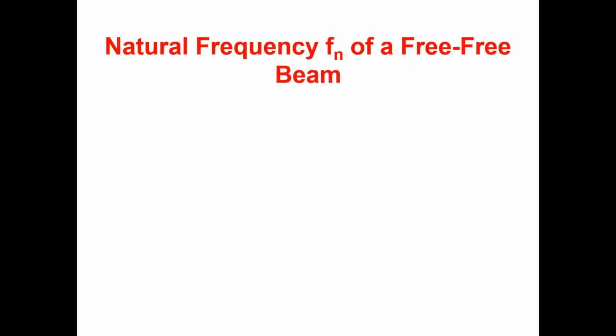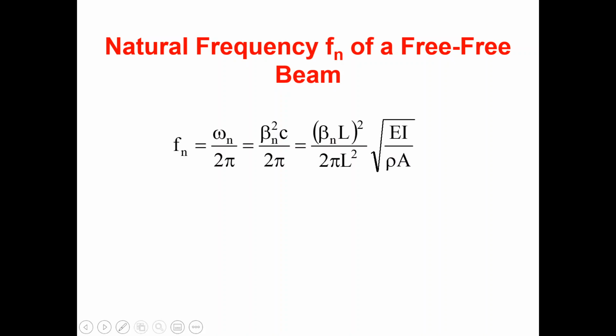Okay. But based on this information, the final goal is to find the natural frequency. That's what we're going to find. Right? How can we find the natural frequency? So using beta and C, we can always find omega n. And if you divide omega n by 2 pi, you're going to get your natural frequency in units of hertz, instead of radians per second. Right? You just plug omega n in, and this is going to be your final equation for natural frequency,